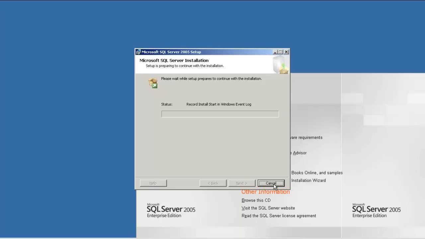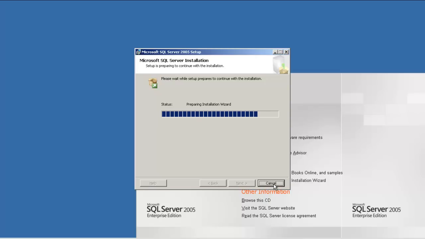So it is now recording the install in the Windows event log. If you want to check later what is happening with the install, you can always go to the Windows event log and check it out. Here it is setting internal properties, detecting installed IIS, that is Internet Information Server, validating addition and system requirements, restoring system product ID. This is what it is checking right now, and computing space requirements, depending on your hardware, the features you select, and how much space is there on your computer's hard drive.